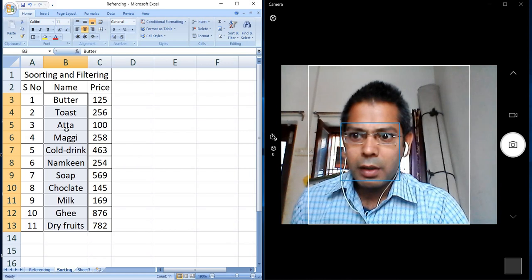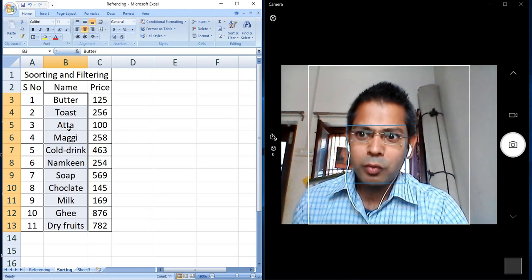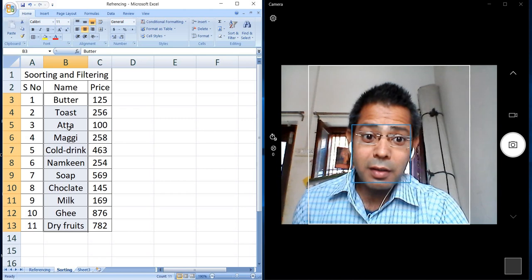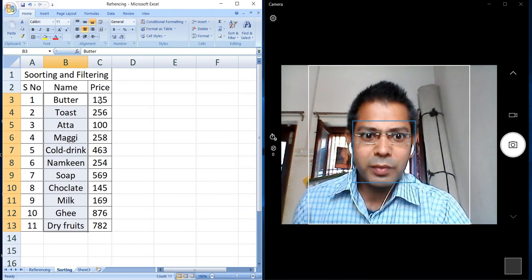Atta was purchased for 100 rupees and it is in third place. If only atta is sorted and goes to the first position, then the price of atta will become 125. So then the list will become wrong.